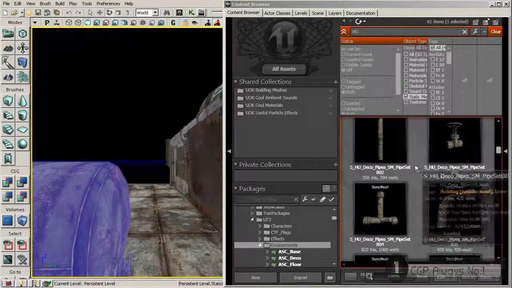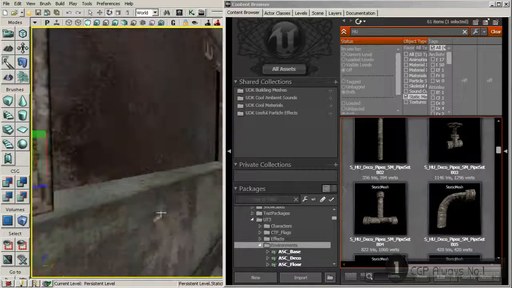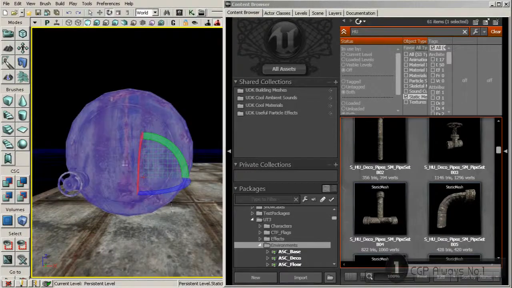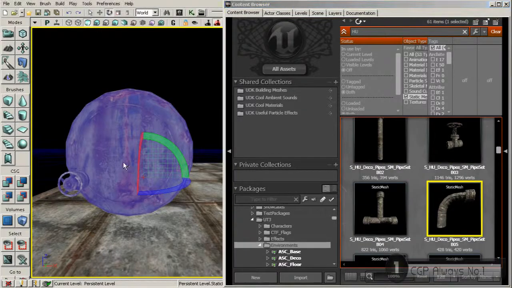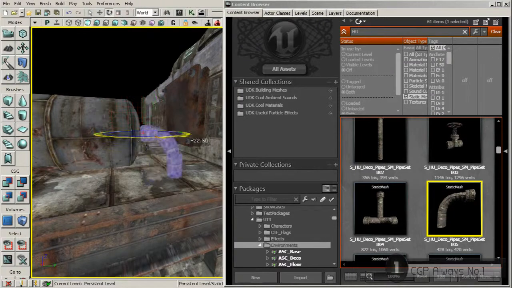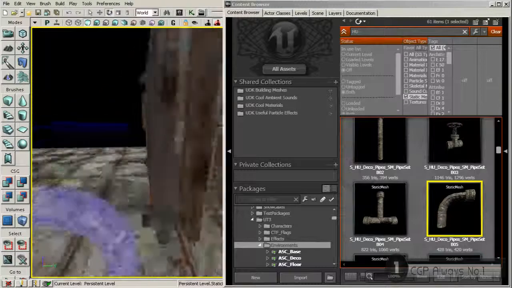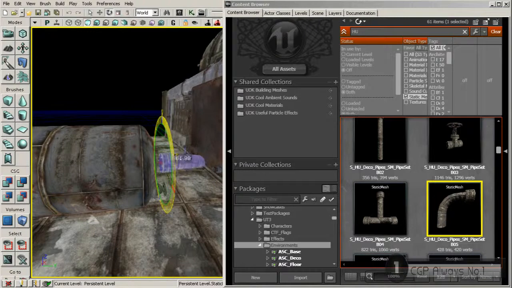So I'm going to look at this really quickly. I'm trying to look at the end here. I'm going to go ahead and add in something like this pipe. Just drag that right onto our object here. And we'll spin that around 90 degrees. Just a little bit more there. And I'm going to spin this. And let's go 180 degrees. We could scale it down,